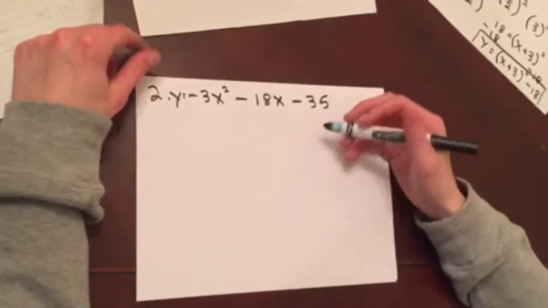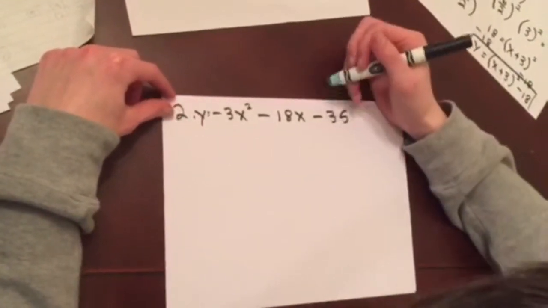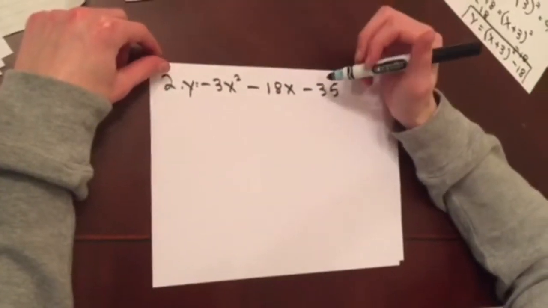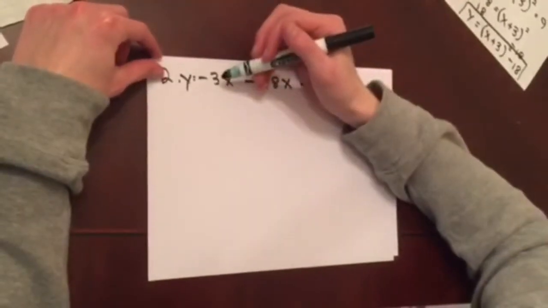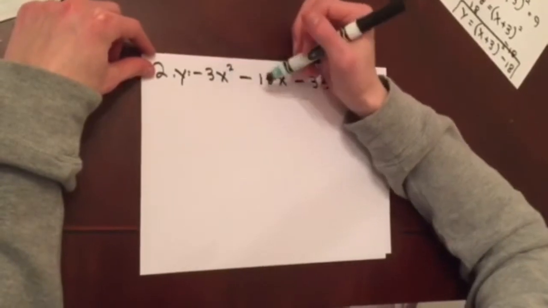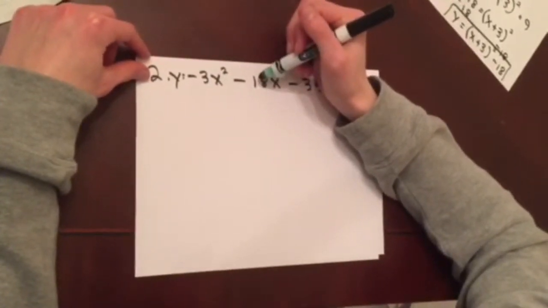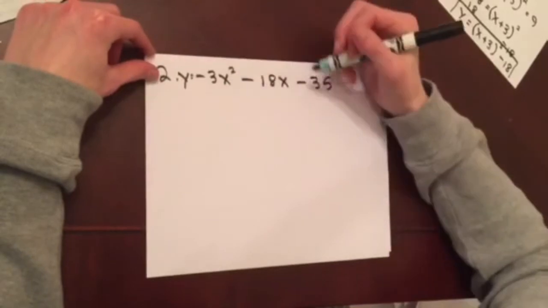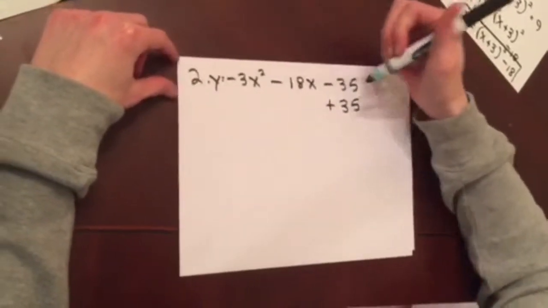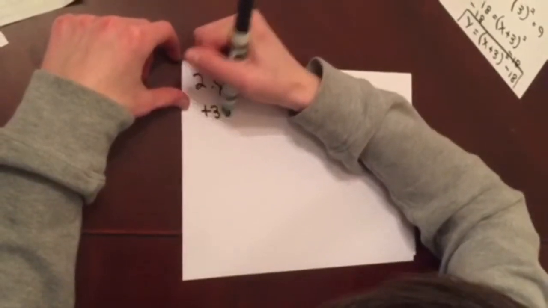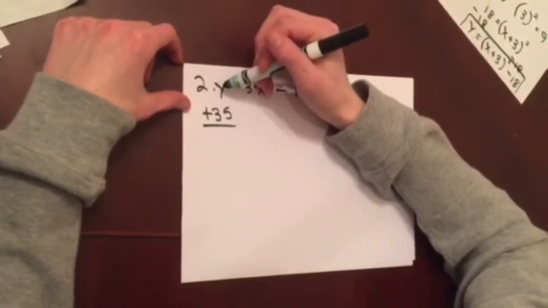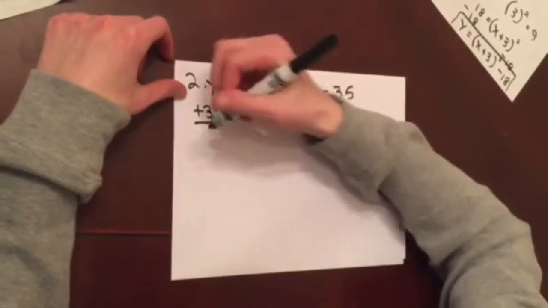Alright, so let's go ahead and do another one that's a little harder. So what you can notice about this new equation, negative 3x squared minus 18x minus 35, is that there's a term in front of the x squared. And this term is actually a GCF of negative 18. We'll go ahead and factor all that out later. But first what we're going to do is move the constant term to the other side. So we add 35. Remember, this y value is just a 0 for now. So 0 plus 35 is 35